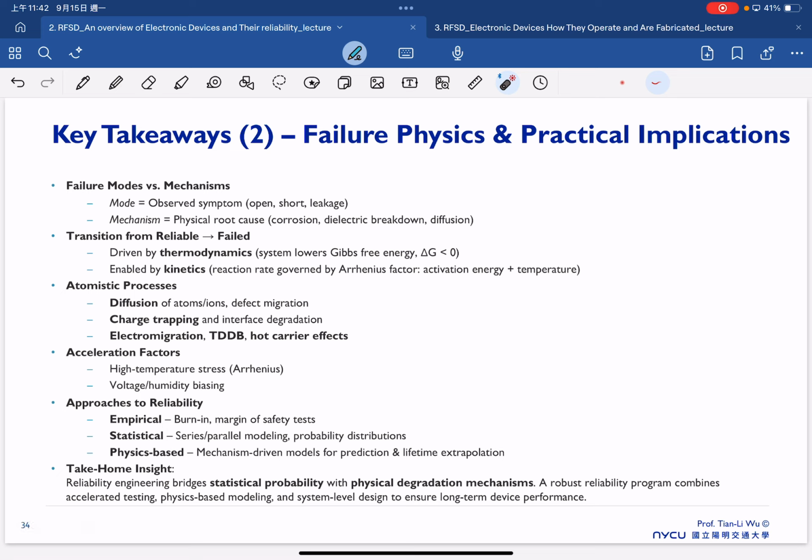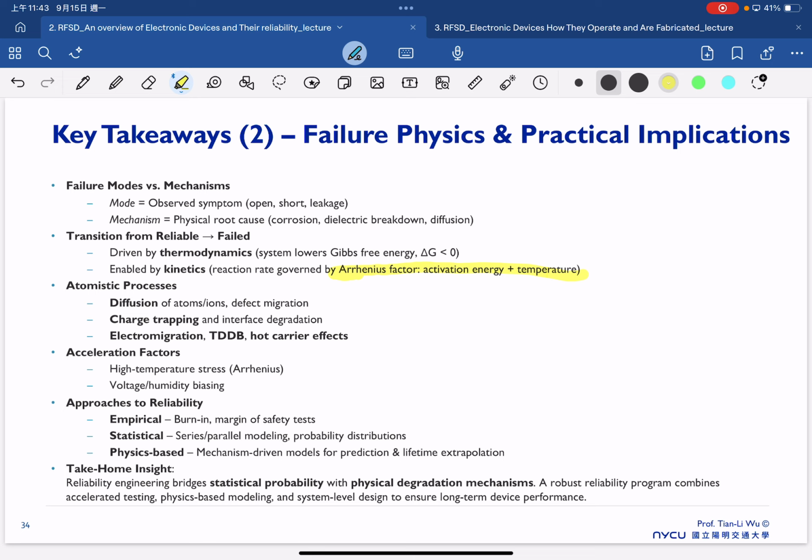And we also discussed the failure physics and practical implications. For example, the difference between the failure modes and mechanisms. The mode is related to the observed symptom. The mechanism is related to the physical root cause. And we have to understand there's always a transition from reliable to fail. This is driven by thermodynamics, enabled by kinetics, and then it's very important to understand the Arrhenius consideration with